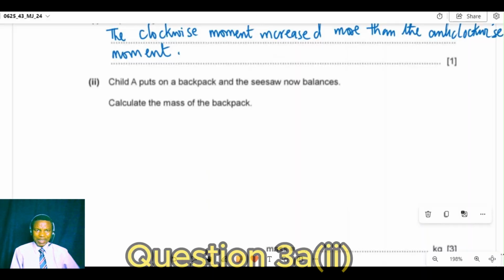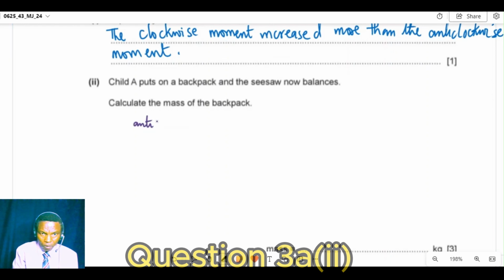All right, so let's look at the question. The child puts a backpack on, and then the seesaw now balances. Calculate the mass of the backpack. So we are going to say that the